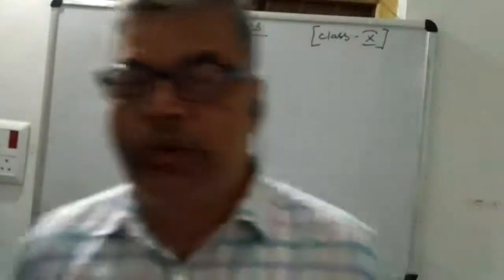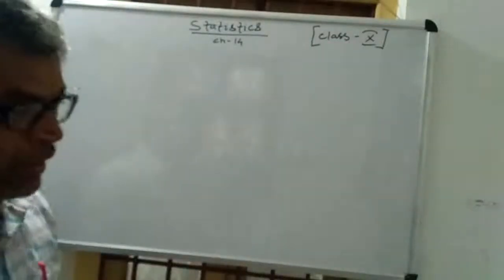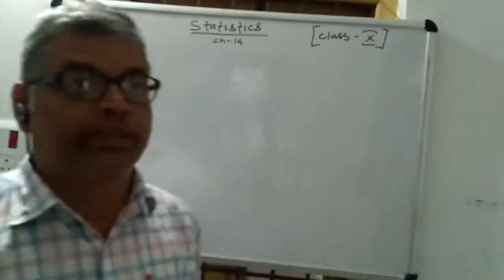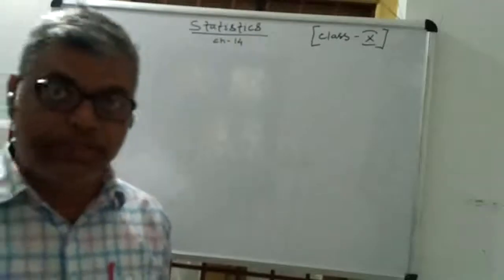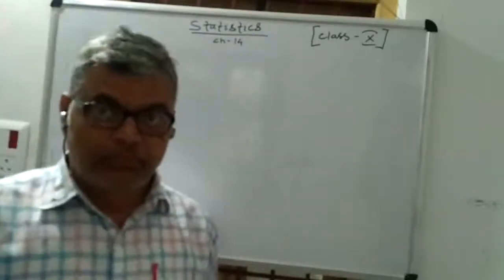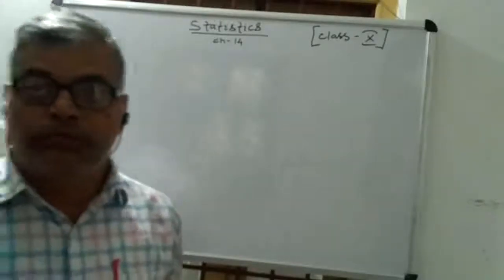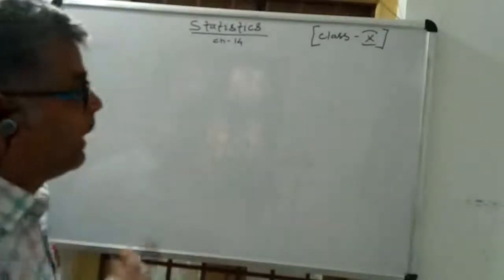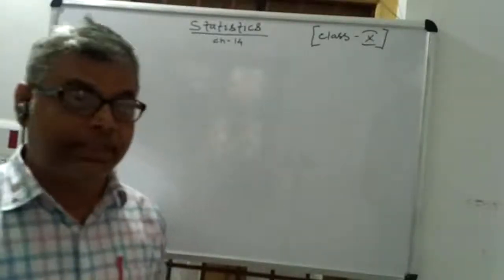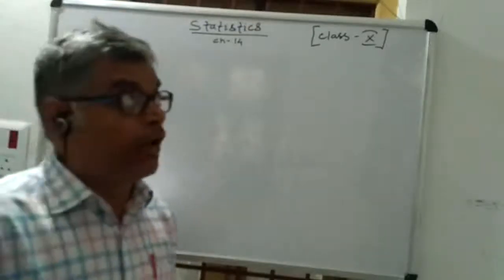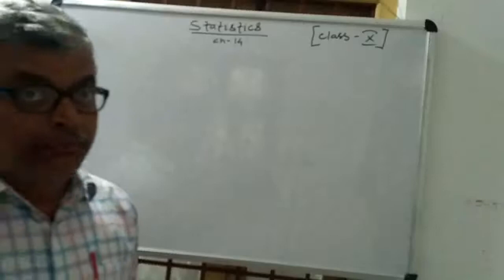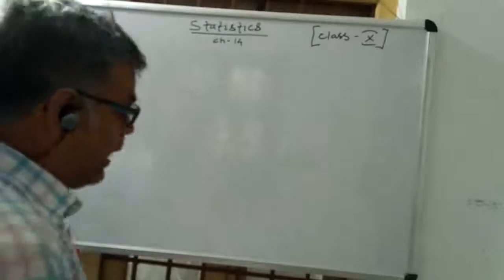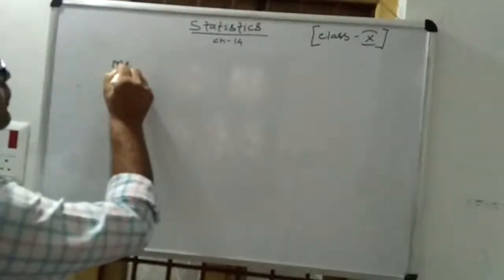In class 9th you have learned how to explain the given data in the form of frequency, ungrouped data, grouped data, and graphical representations of the data like bar graph, histogram, etc. Now in class 10th, in statistics, you have to learn about the measurement of central tendency. The central tendencies are called mean, median and mode.